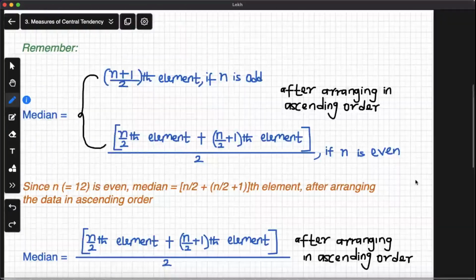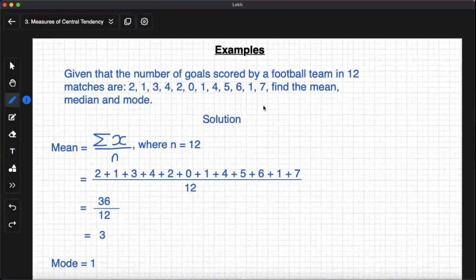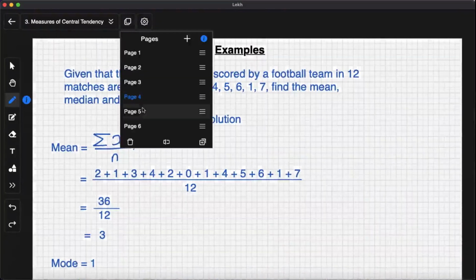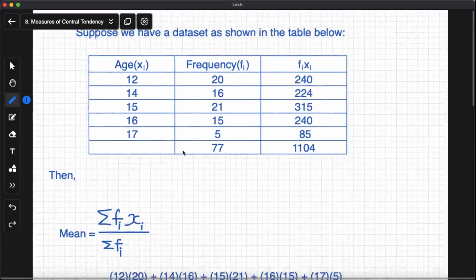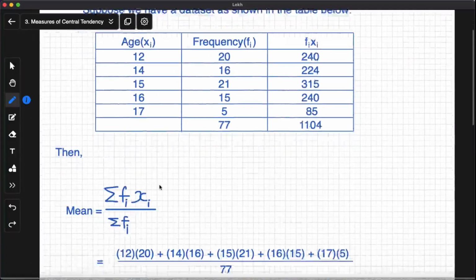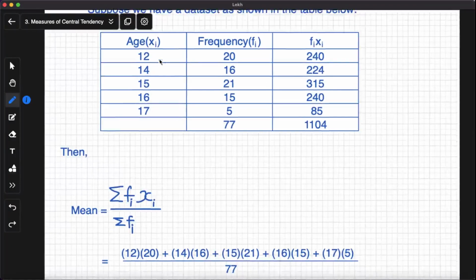Supposing that you are given data, I don't want to do that one because I've done something like that already. So let's do that of the ungrouped frequency distribution. Supposing you have this data that we have here. Now, what you're going to do is, you want to find the mean, and you already have a formula. So you need to multiply the frequency here by,